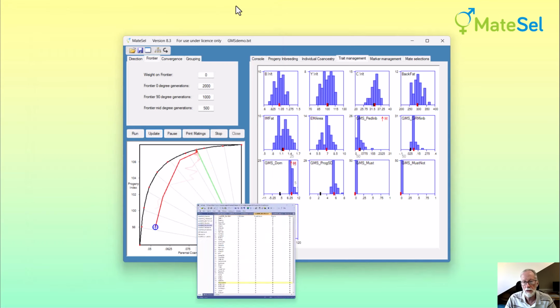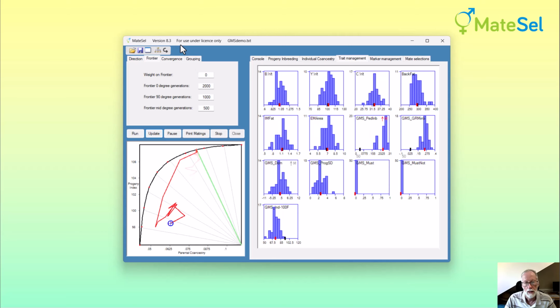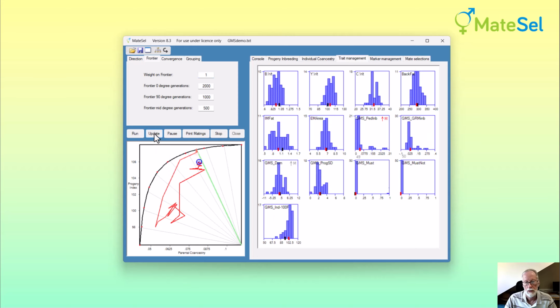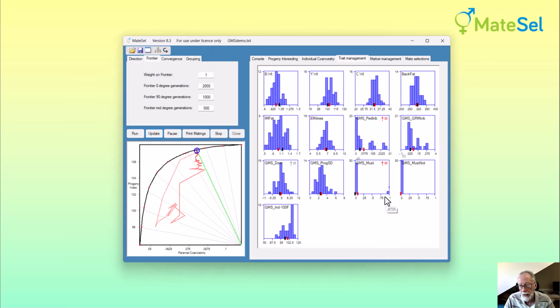So let's look and see what happens when we make manipulations based on them. First of all, I'll take the weighting off here and put the weighting back on frontier, otherwise it's going nowhere. And that gets us back to where we were. So with must use matings, I'll simply invoke an increase in that. Let me put a weighting of 10 so we get it. And when we resume, 4, 5, and 6. So if I click print matings and go to the result file,